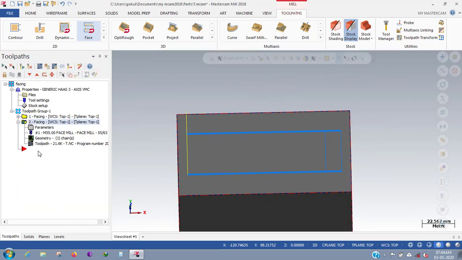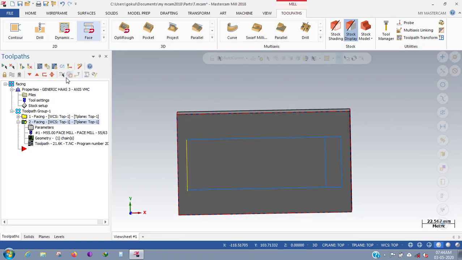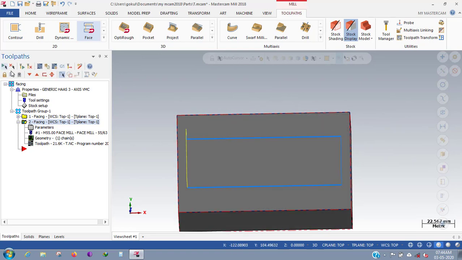Okay, if you enabled this, if you see, this is the first toolpath and this is the second toolpath.